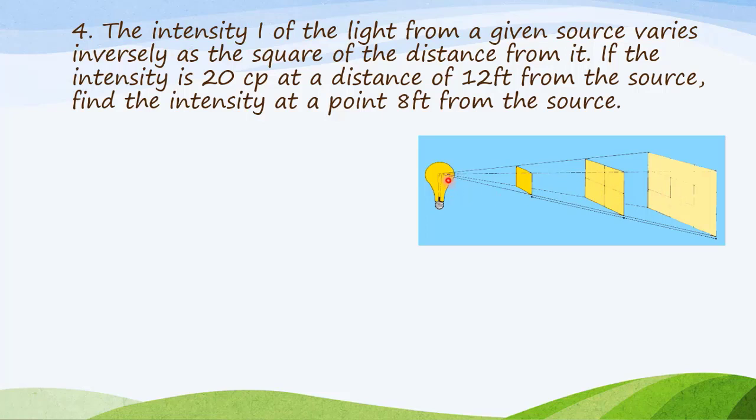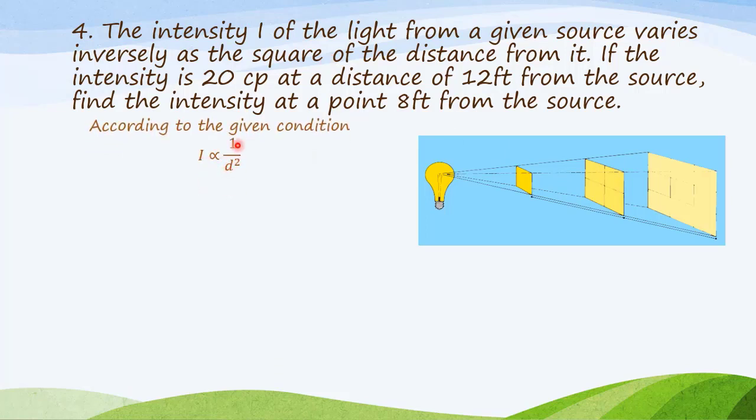So, the farther the objects are from the source of the light, the smaller the light intensity they will have. Or we can say that the intensity of light from a given source varies inversely as the square of the distance from it. We can write this statement in mathematical form as